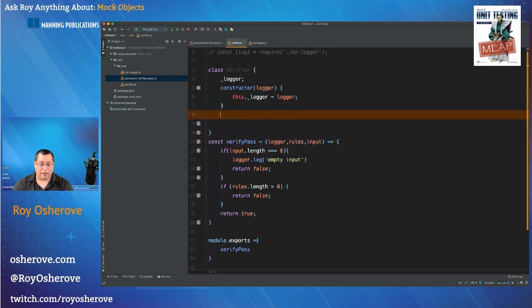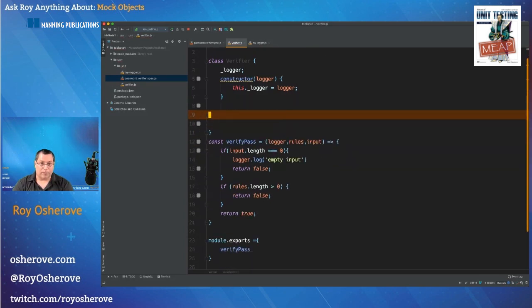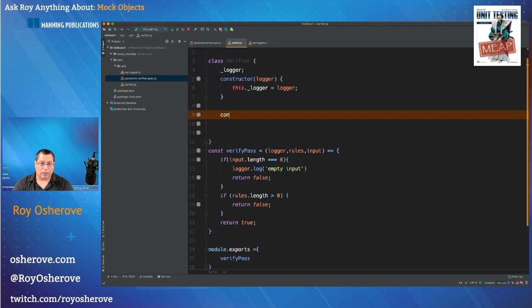And then I would have a verify pass function that takes whatever the rules and the input.